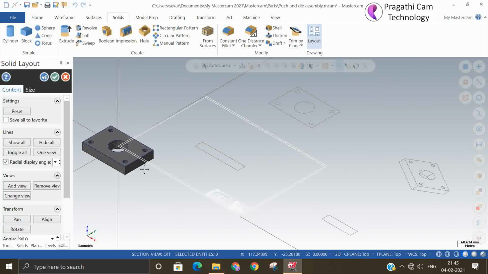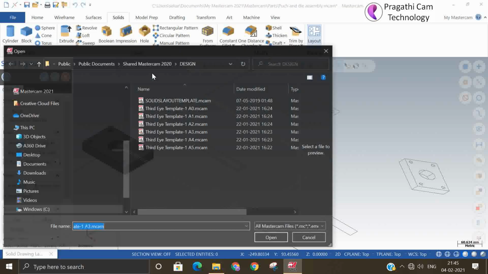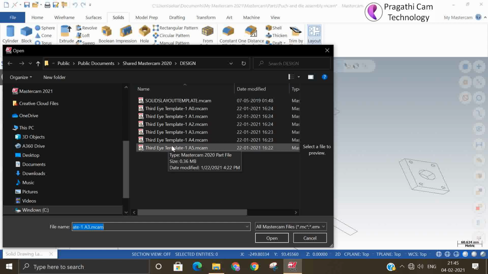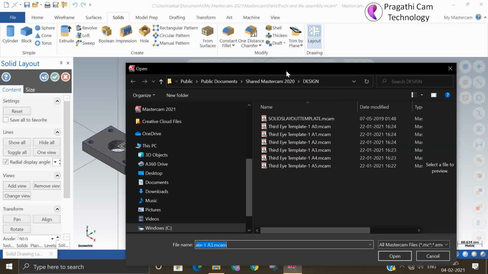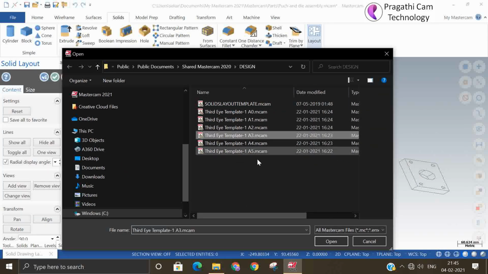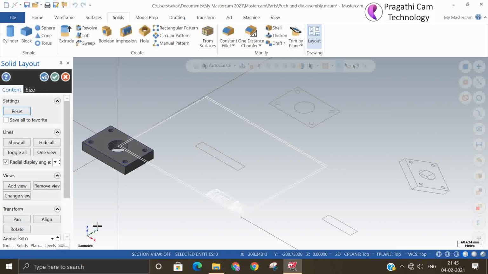So now you can see that my template is small, but my job is going away from it. I can reset it. Okay, I'll take a little bigger template here, and in case it goes a little more, we'll translate it and fit it.